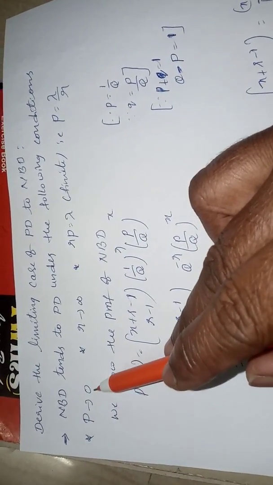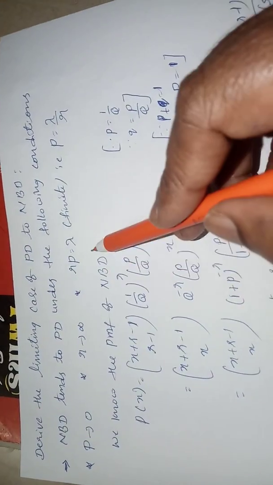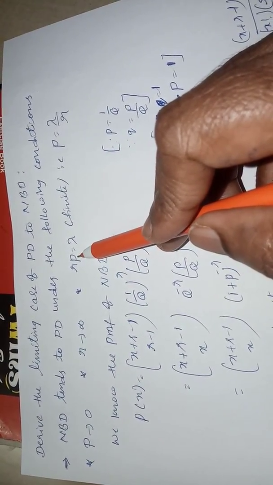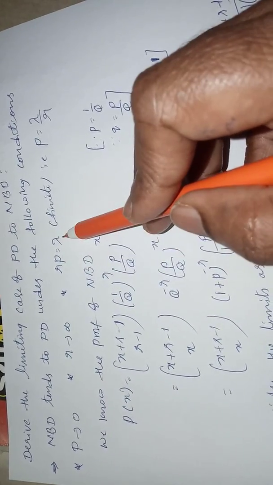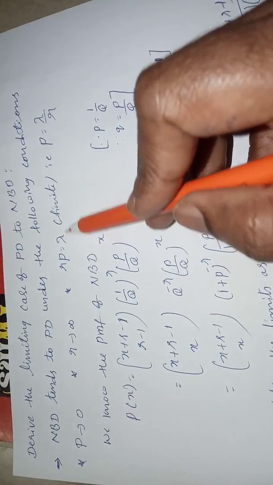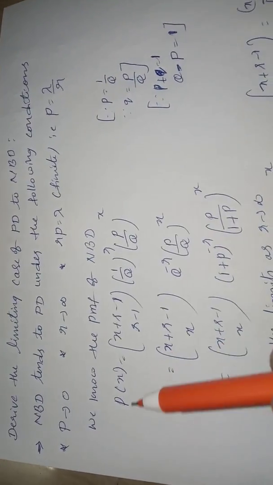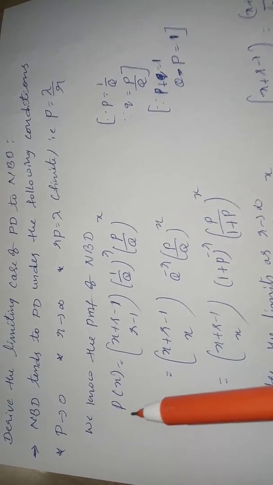The first condition is p tends to 0, r tends to infinity, and rp equals lambda, that is finite. So from this relation we can write p equals, it's a product, take this r to this side, so then it becomes p equals lambda by r. Already you know, you are in the revision of the geometric distribution,